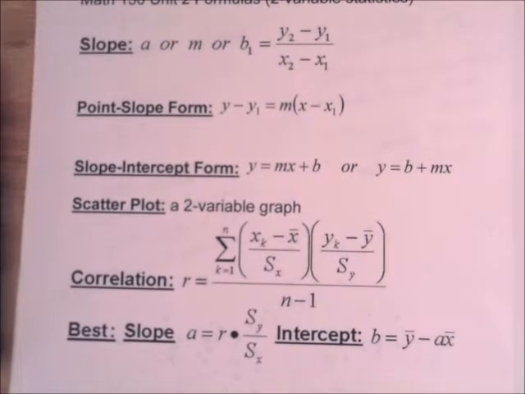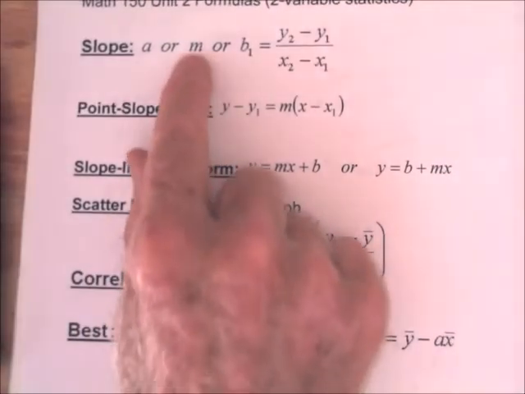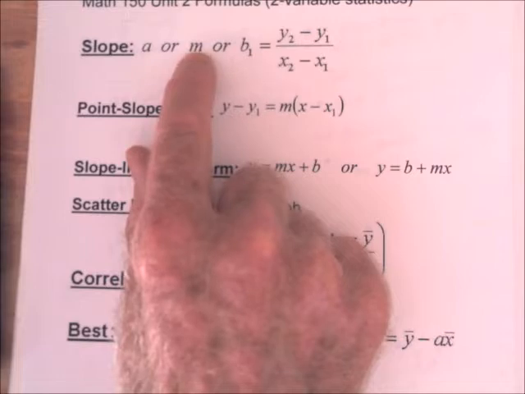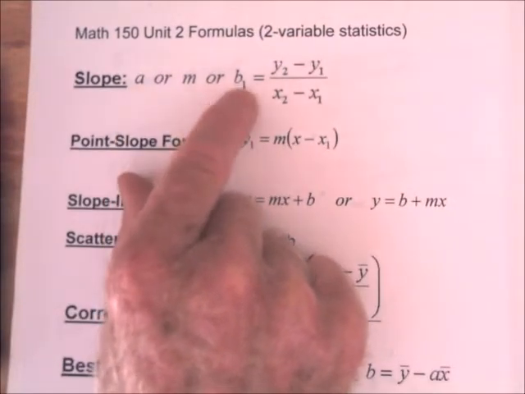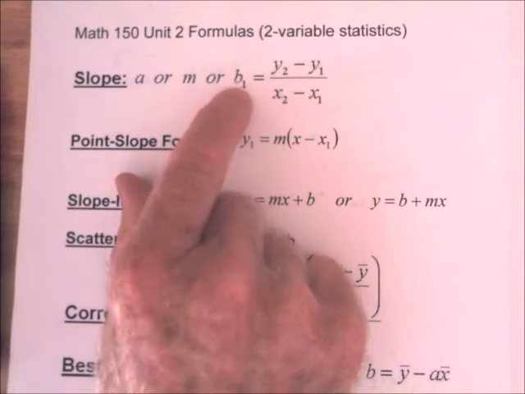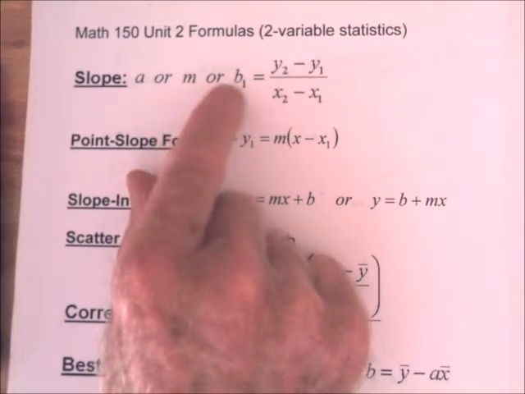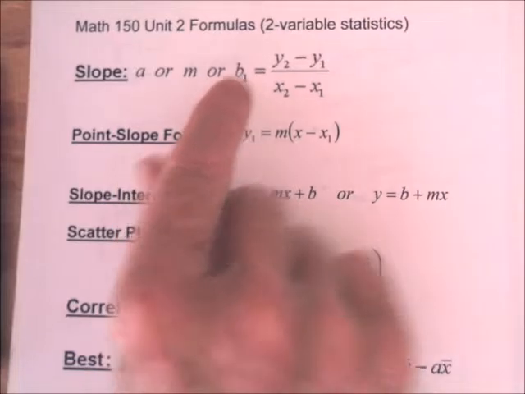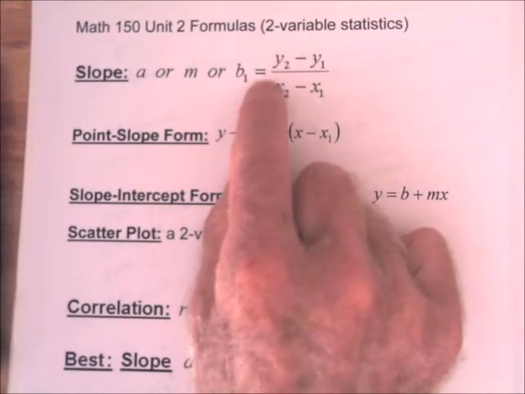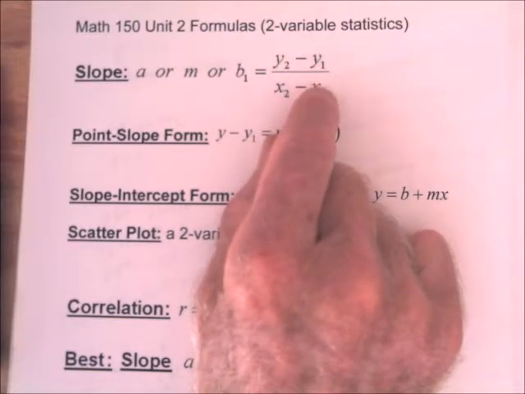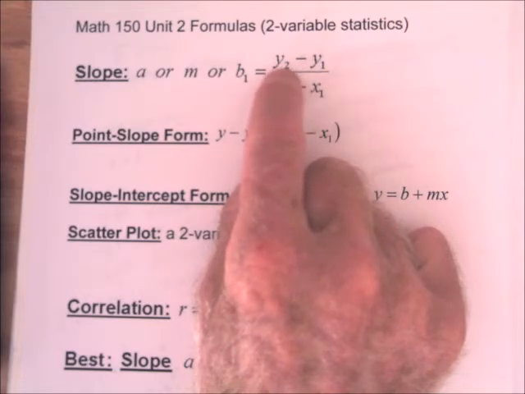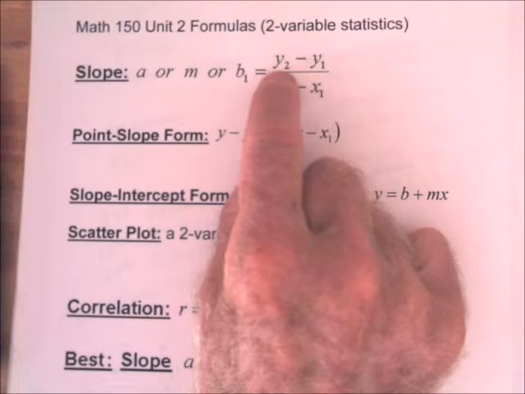The slope: mathematicians usually use the letter m for the slope. Our calculator uses the letter a for the slope. Some statisticians use the letter b1 for the slope. But it doesn't matter so much what letter you use. If you have 2 points, x1, y1, x2, y2, the slope of the line through those 2 points is given by the formula